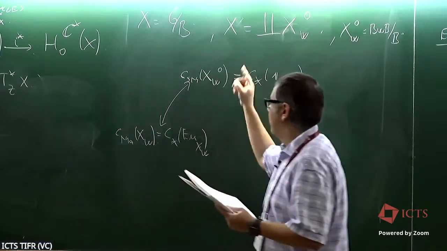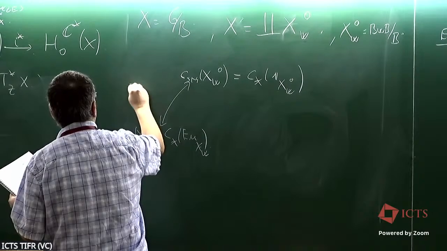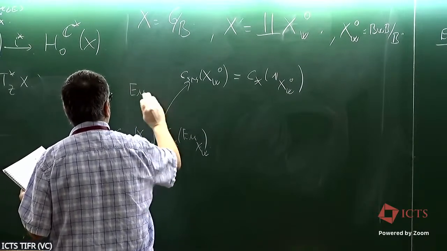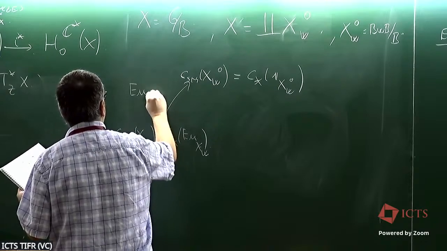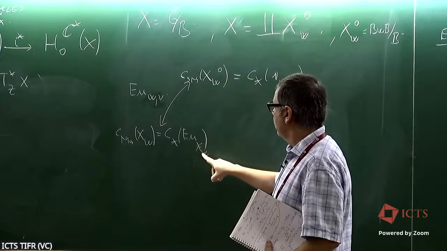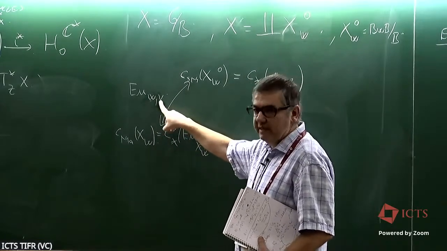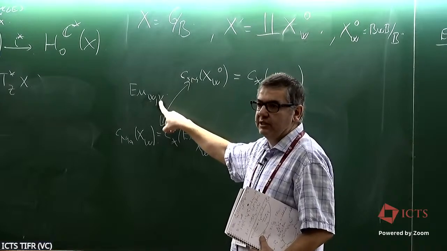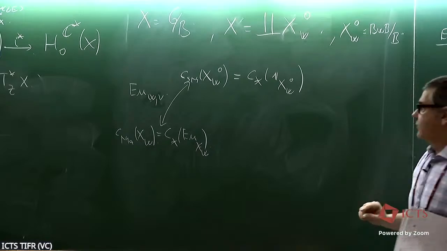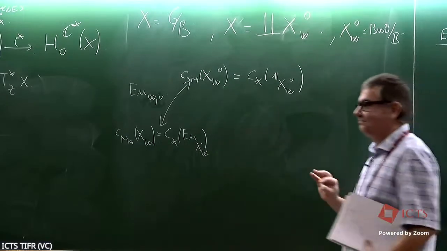You can go from one to the other using some coefficients here. The coefficients are called the local Euler obstructions. For X_W, I'm going to put here just W and V. But really, this is the value of the local Euler obstruction for the Schubert variety W at the fixed point V. So this is an integer, in fact. It's a very mysterious integer, and I will try to convince you that we don't know it, even now.